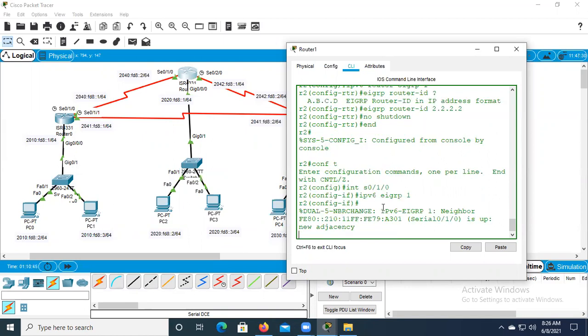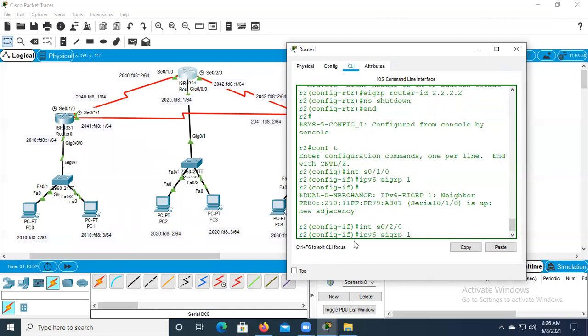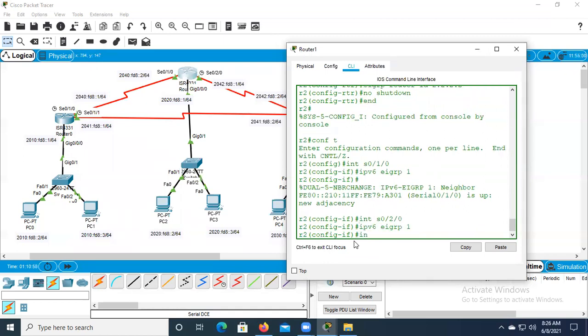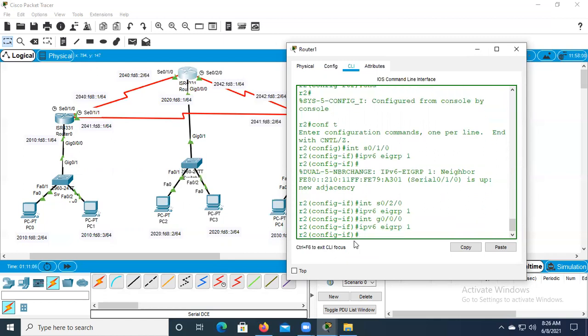Now you see the neighbor adjacencies are happening. The neighbor is taken from FE80, which is a link-local address by default. Interface serial 0/2/0 also has ipv6 eigrp 1. Interface gigabit 0/0/0, I'm also giving ipv6 eigrp 1.